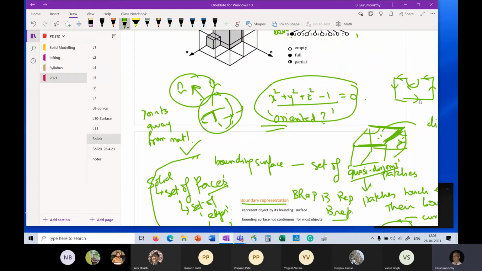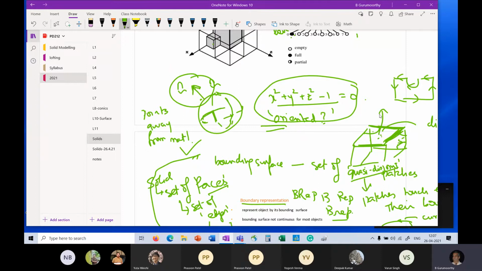So it is not just the boundary, but also the orientation. Now in 2D, the boundary is a curve or an edge, and the orientation of the traversal is the orientation of that edge. In 3D, the surface is the boundary, and the normal to the surface is the orientation, right?